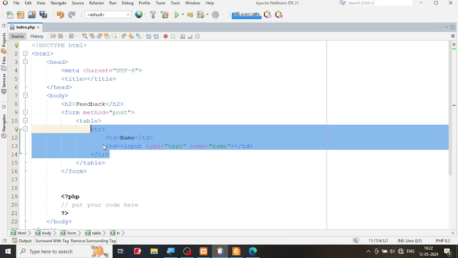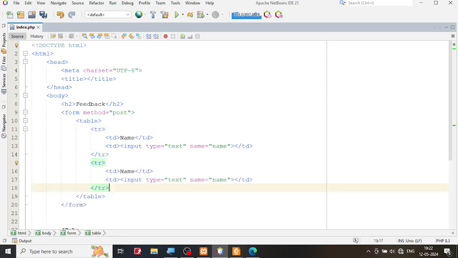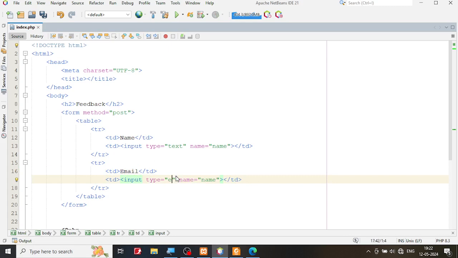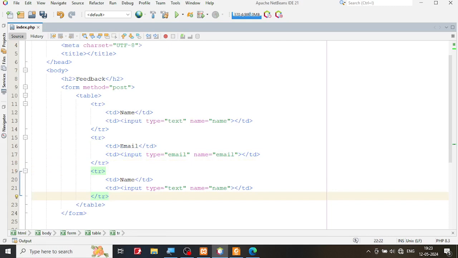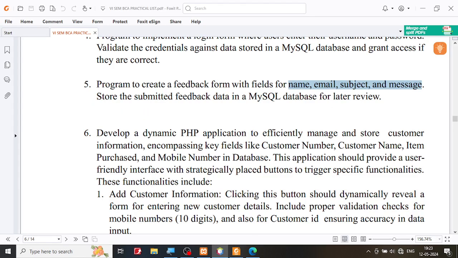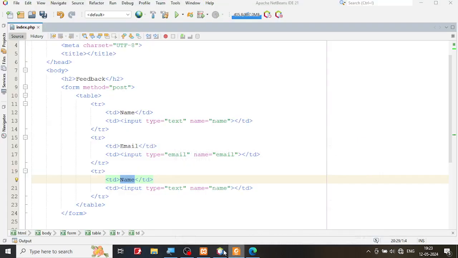Let me create the second row. I'm going to just select this and copy paste it. Second one is I suppose the email address. So I'm going to take Email, let me make it a capital E here, and the type of it is definitely email, and the name of it is again email. Let me again copy paste it. Then I have the subject. Okay, so then we have the subject,